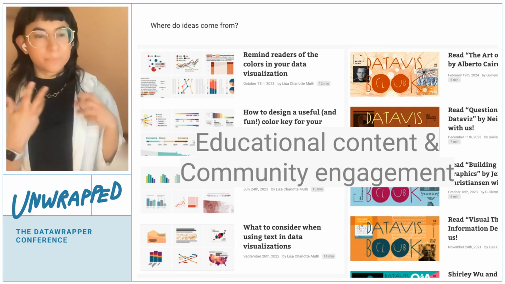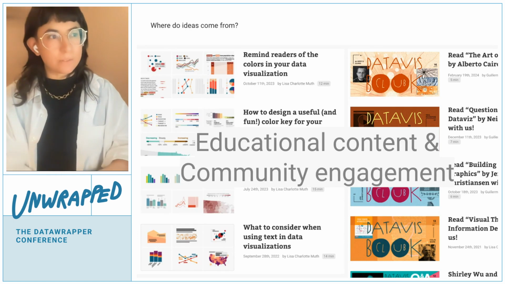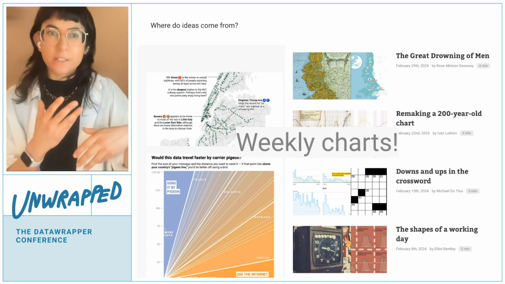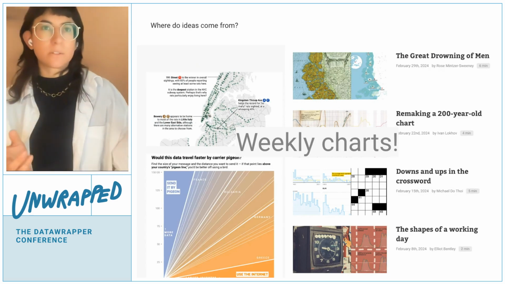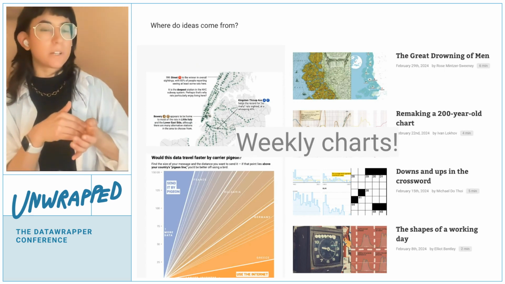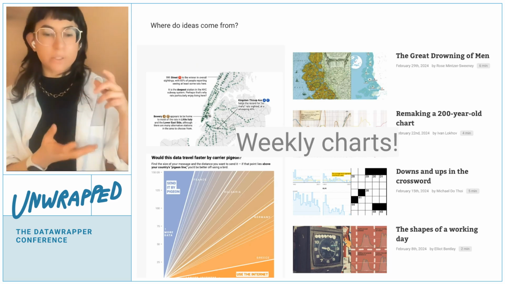All of this kind of helps grow all this knowledge within the team and generate ideas and inspiration. And there's one more initiative of the comms team that also helps us with ideas and inspiration on the product, but less from pulling it from outside and more like taking a very hard look at our own product, which is Weekly Charts, which is a blog post that goes out every week